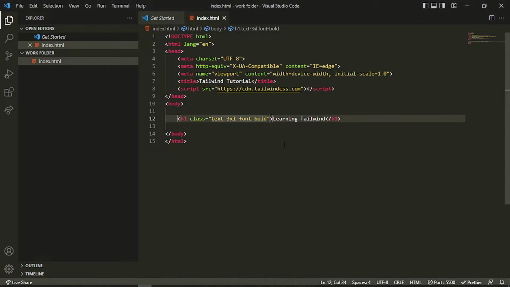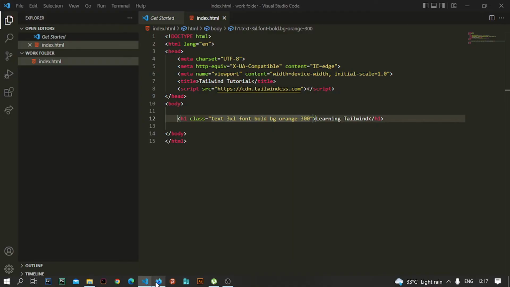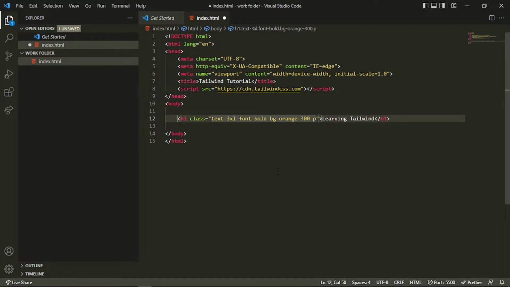Similarly, I can add any background color, for example, orange and 300. Then that will be added. You can see that. And similarly, I can add padding classes, just like p-4. We'll be understanding all these classes in the upcoming videos. I'm just showing it for demo purposes. And I can also give margin for,